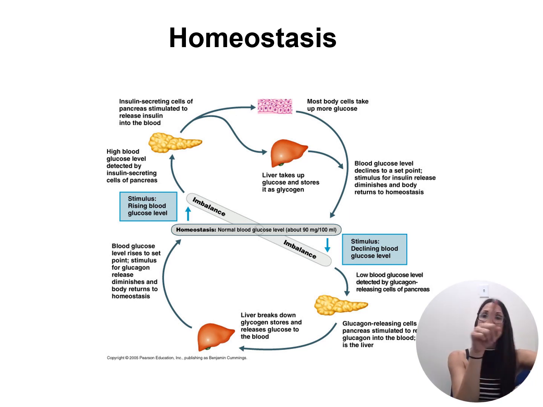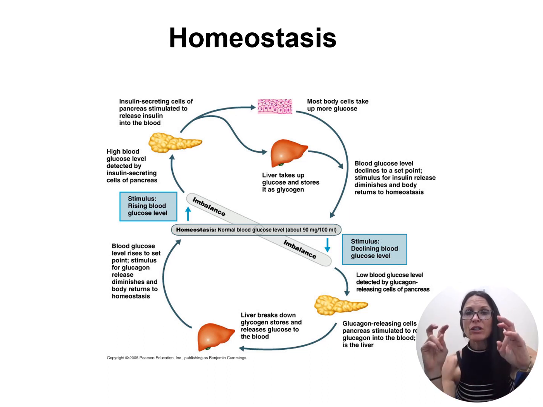So you can see this now becomes a feedback loop. Whereas on the last slide, the slide before this, it was the feedback system telling you the components. But now we have what's called a feedback loop. So we get out of the homeostasis, here's the stimulus, and then let's say you have high blood glucose levels, so you have too much sugar in your blood. The pancreas is going to respond by producing insulin that is going to then